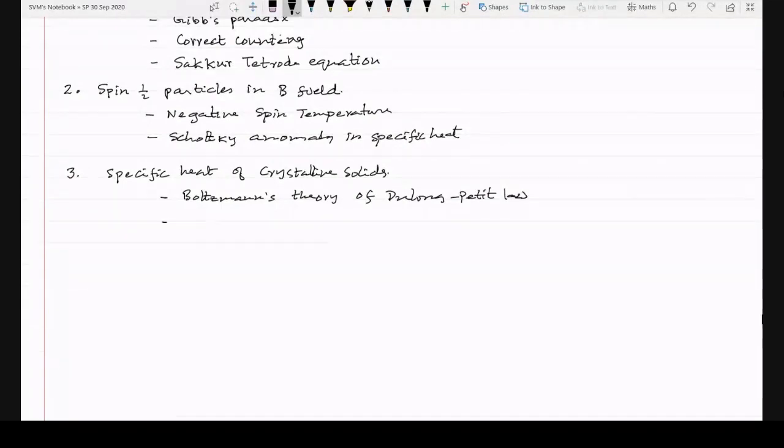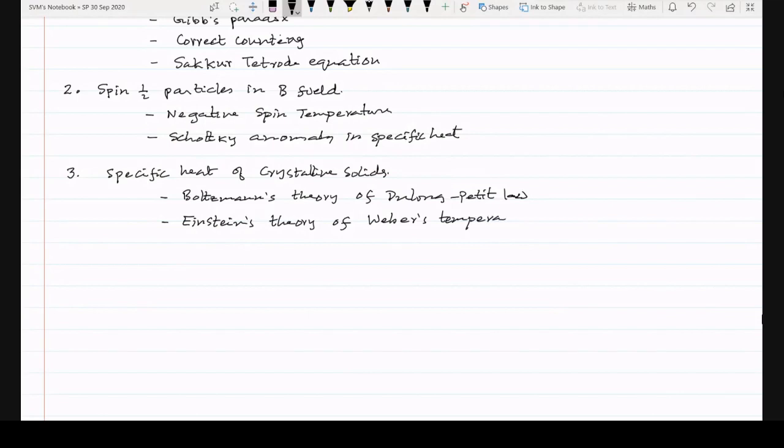And then we looked at Einstein's theory of the temperature dependent specific heat. And probably lastly, we have looked at